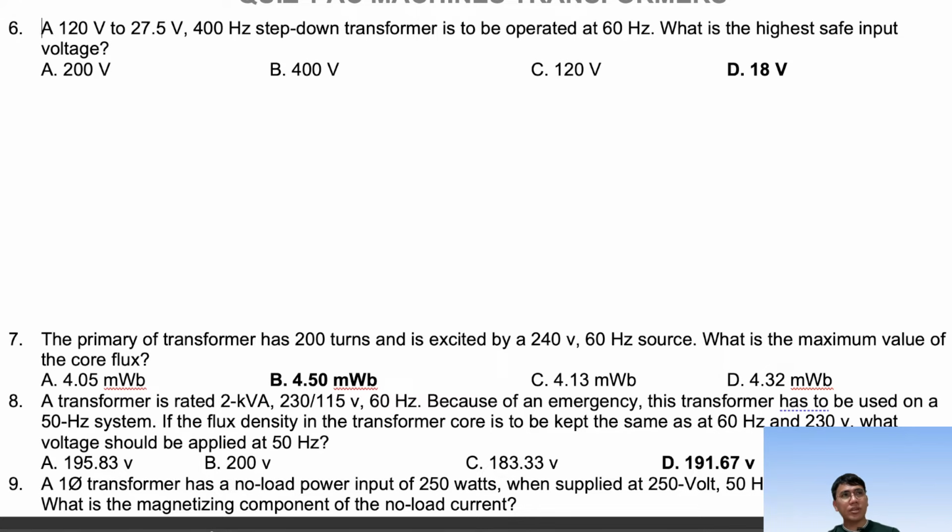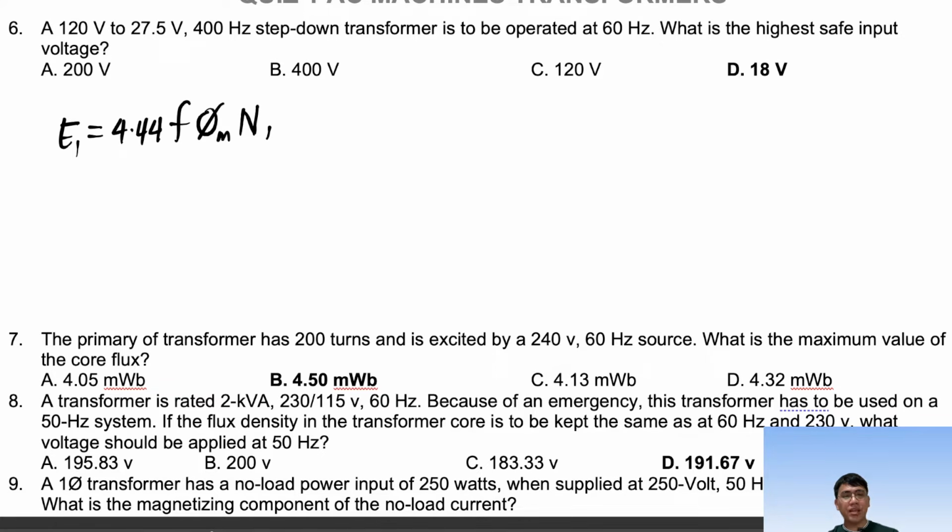So in this case, we are talking about input. Input at 400 hertz, input at 60 hertz. Since we know the generated EMF is 4.44 times the frequency times the maximum flux multiplied by the number of turns. And if this is in the primary, we use N1, the primary turns. Since we are talking about input, we shall talk about 120 volts.